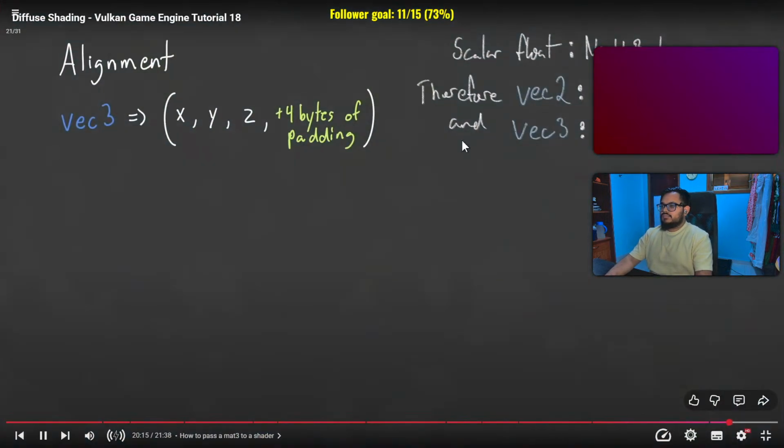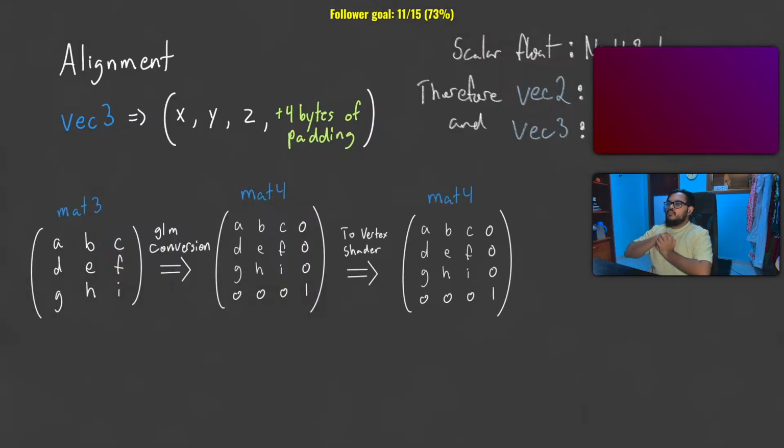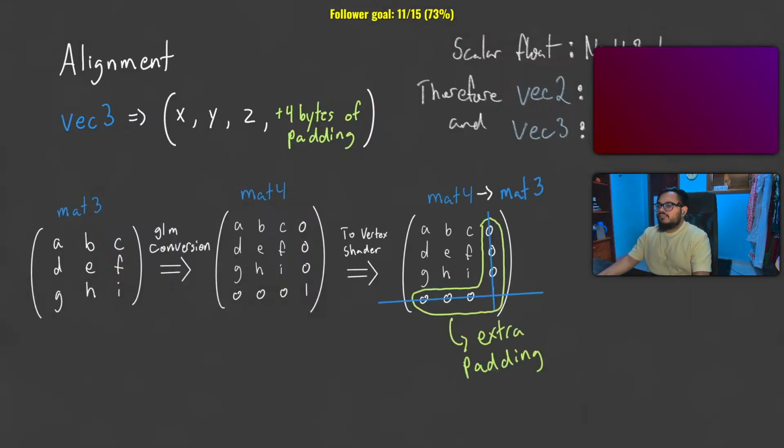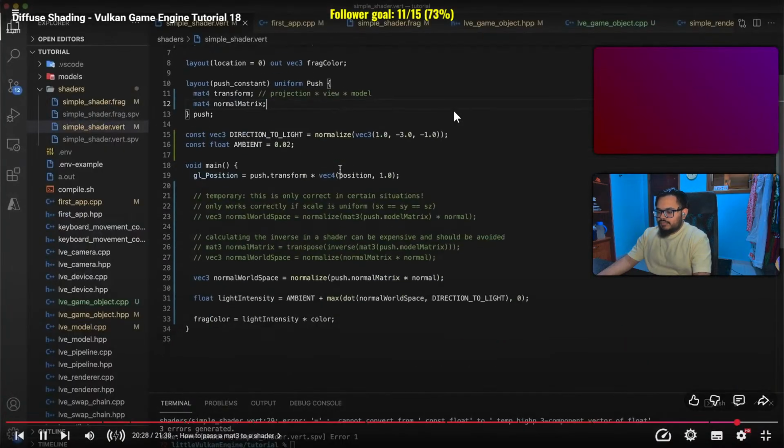At least the easiest way I know of to pass a 3x3 matrix to a shader with the proper padding is to pass it in as a mat4. And then when you want to use the matrix within the shader, truncate it by using a mat3 conversion. So wrap push.normalMatrix with the mat3 constructor before